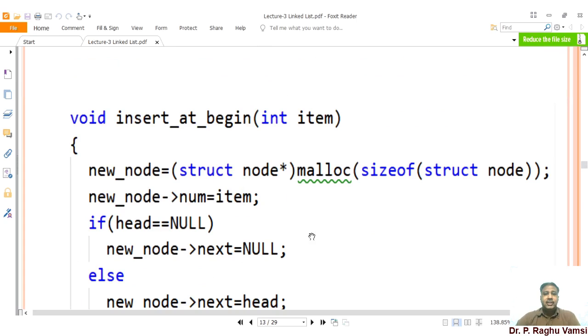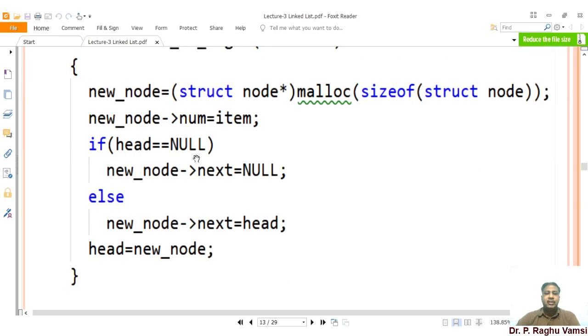Next one is for inserting the node. Again, you are supposed to check. You have to create a temporary node, and if the head node is equal to null, whatever newly created node is there, that is the head node. Otherwise, the new node's next is equal to head, and you place the new node as the head node.